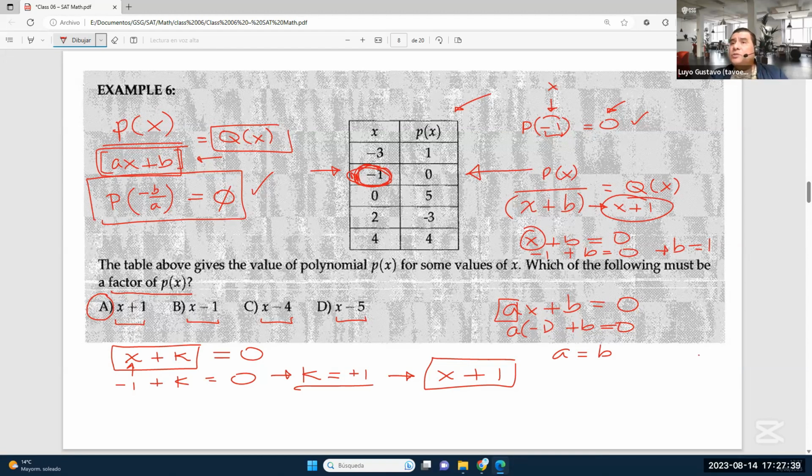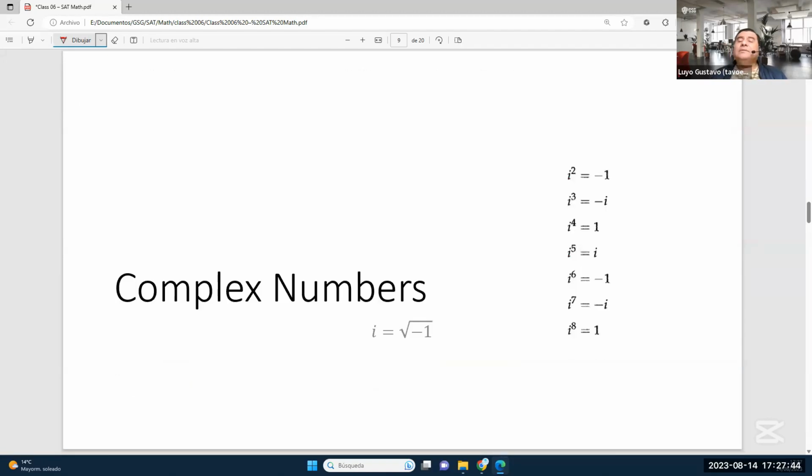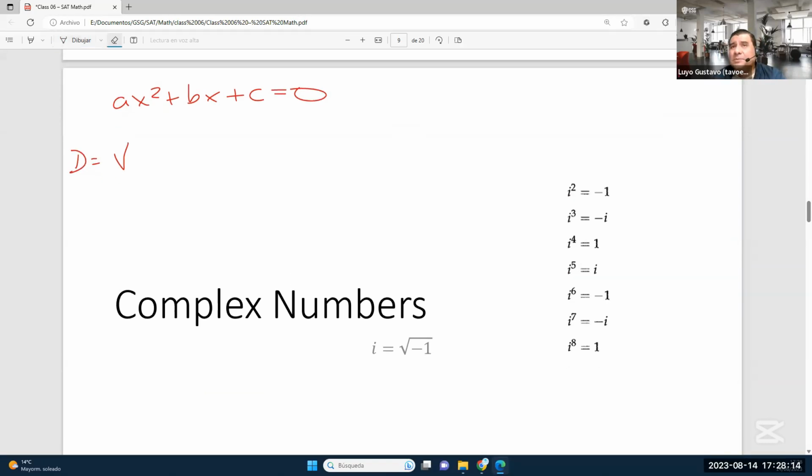Okay, close the topic here and talk about complex numbers. Remember that the other day we were talking about quadratic equations, quadratic curves, and we saw that in order to evaluate quickly how many roots or solutions this equation has, we had to find the discriminant first. The discriminant is this expression,